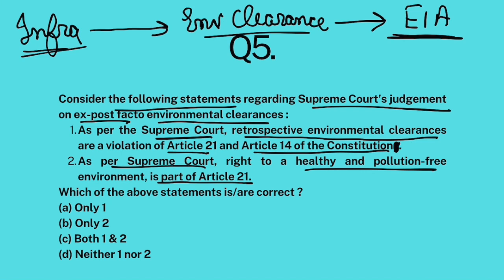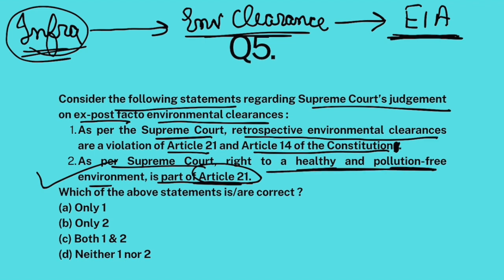Okay. Now this is important because the Supreme Court has earlier said that the right to a healthy and pollution-free environment is part of your fundamental right. Article 21 guarantees the fundamental right to life. Well, the right to a healthy environment is also the right to life. The Supreme Court has made it clear. Therefore, these assessments, these clearances are very important because we don't want these infrastructure projects to harm the environment so that the right to life or right to a healthy pollution-free environment of citizens gets impacted.